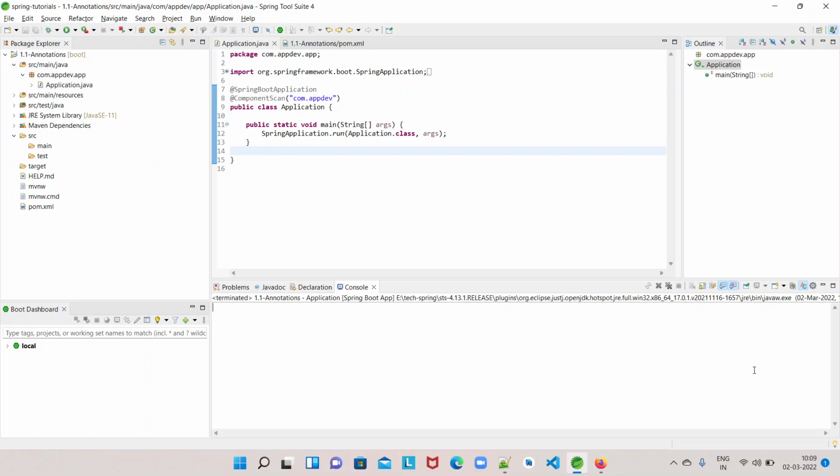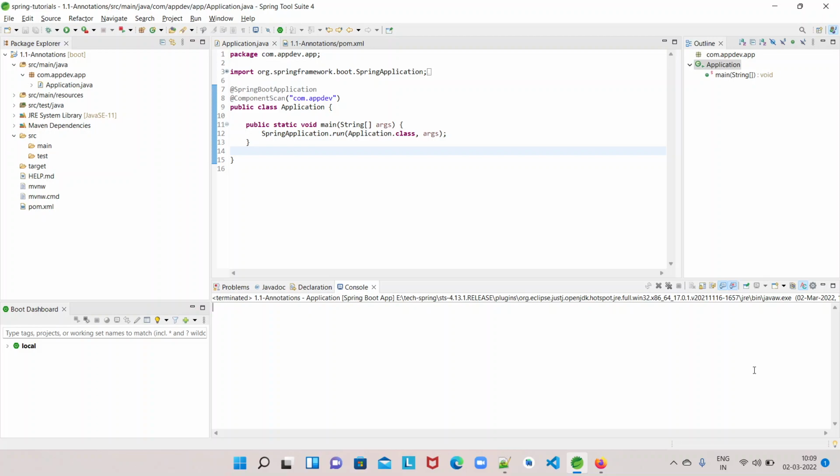Today we are going to start a series of videos to get to know the details about the annotations that are available in Spring Framework or in Spring Boot. As part of that series, today's video is the first video to get to know the details about the @Autowired and @Qualifier annotations.